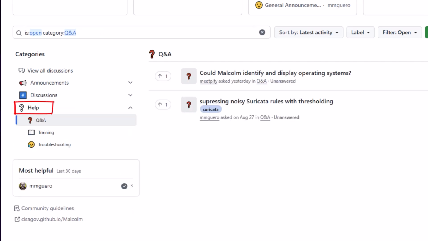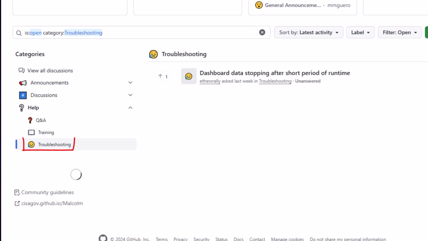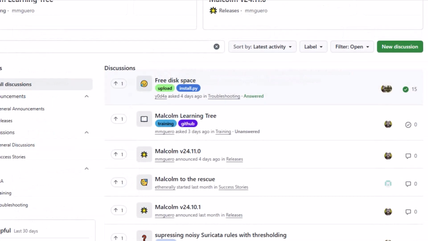The Help section. Under Q&A, community members ask questions and can help answer the questions of others. The Training subcategory is the place for discussions about training resources available for Malcolm, including documentation, videos, and more. Under Troubleshooting, Malcolm users can share problems they've run into and help each other resolve those problems. In the Help category, helpful comments that resolve discussions can be marked as answered to help point future readers in